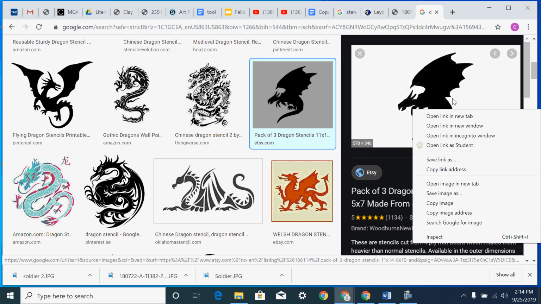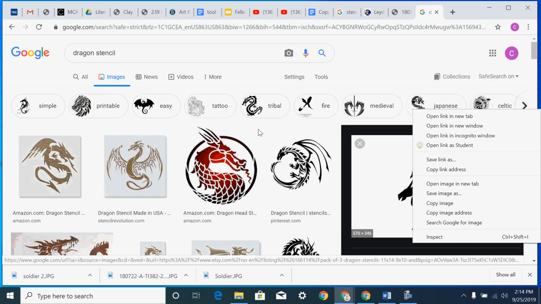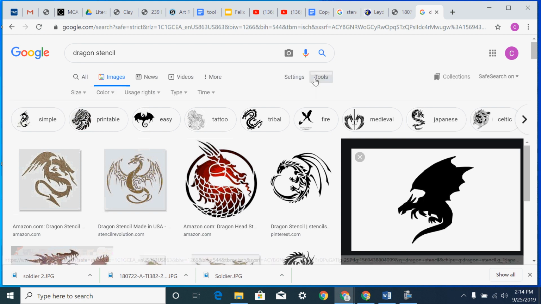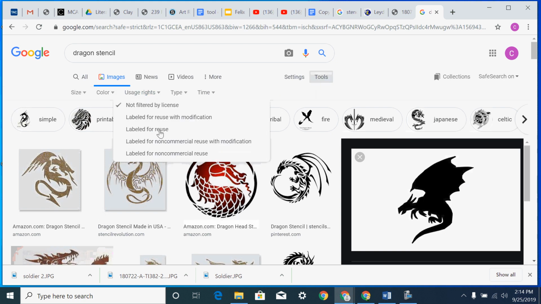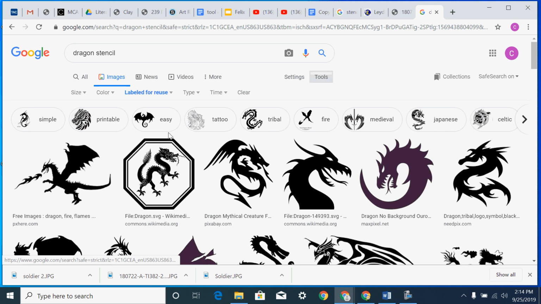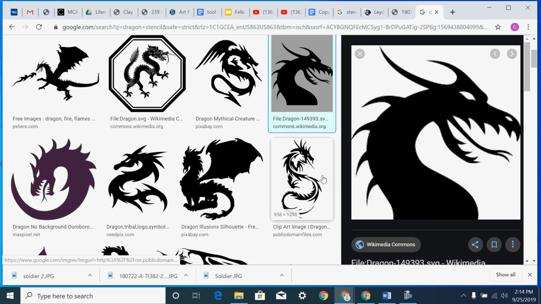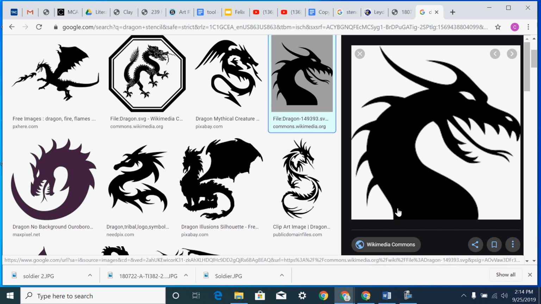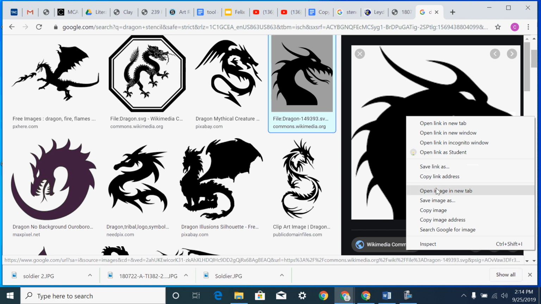Oops, the only thing I forgot is that I really should be up here, click on my tools bar, and I should first use one that's labeled for reuse. I forgot to do that. So let's say I like this one, and this is the dragon that I want to put in the background. So when I take this one, it's already kind of pixelated, so it's going to be pixelated, but that doesn't matter as much with this one. So I'm going to copy this image,